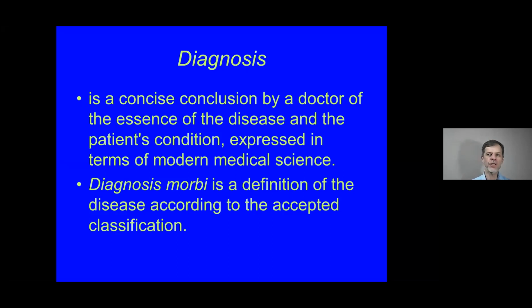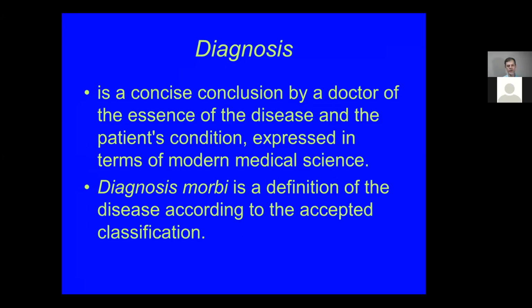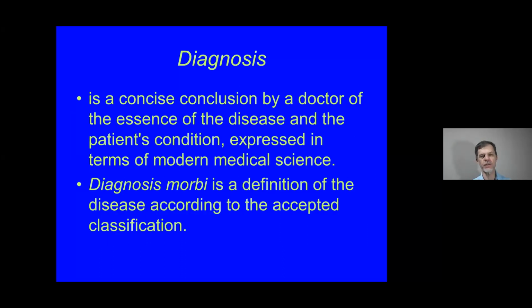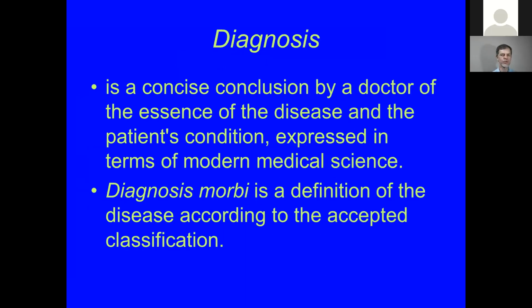And in this classification of disorders, each disease also has its own characters and numbers. For example, J20.2. And every doctor in the whole world can open this textbook and find the J20.2. This is, for example, myocardial infarction. Okay, the diagnosis is the definition of the disease according to the accepted classification. Again, in the whole world, doctors try to use the same classifications to name disorders.